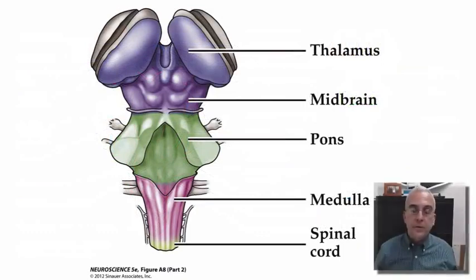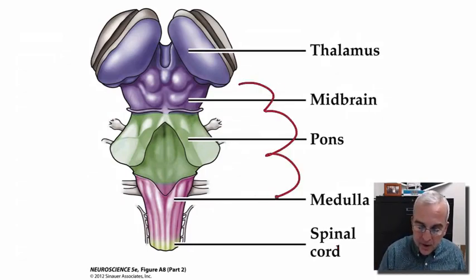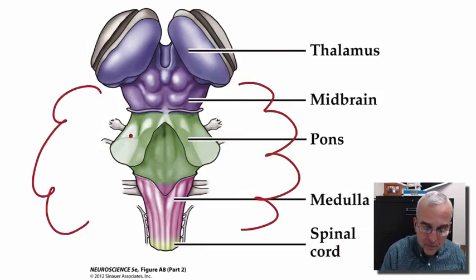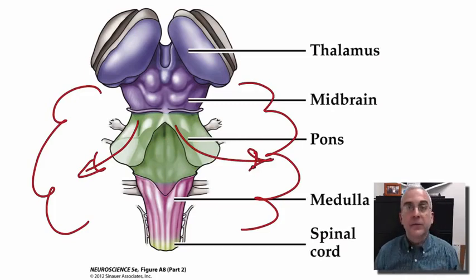Now, in order to show you what those gray matter structures are, we're going to be using a dorsal view of the brainstem, and that's what we have here. So we have removed the cerebellum. The cerebellum normally would sit out here somewhere and receive input via these massive fiber bundles called the cerebellar